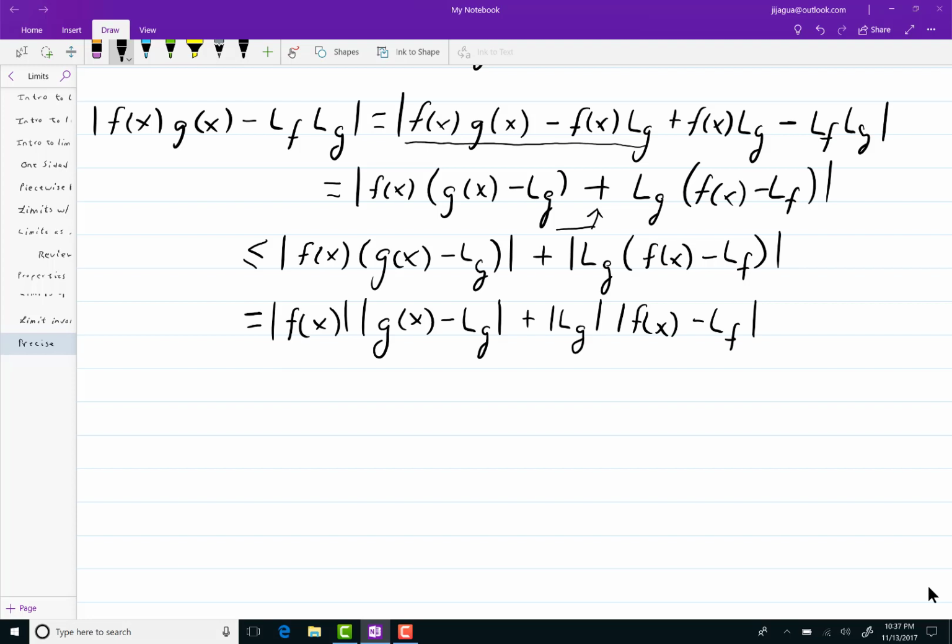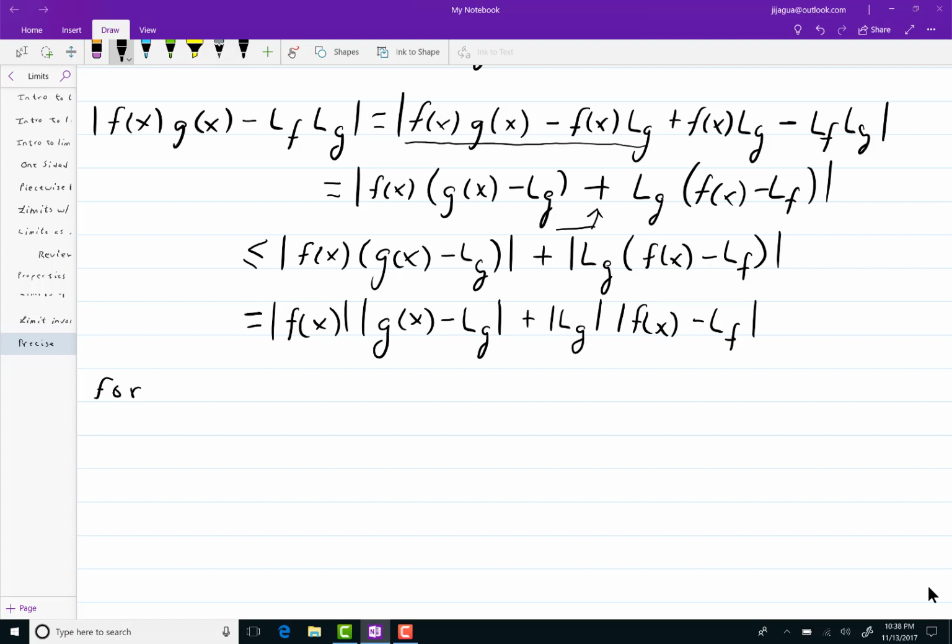Alright, what I'm going to try to do is use this stuff here, the absolute value of g of x minus Lg and the absolute value of f of x minus Lf, are things that we have some knowledge about, because the limit as x goes to a of g of x is Lg, and the limit as x goes to a of f of x is Lf. So let me put this down here for a moment. We know